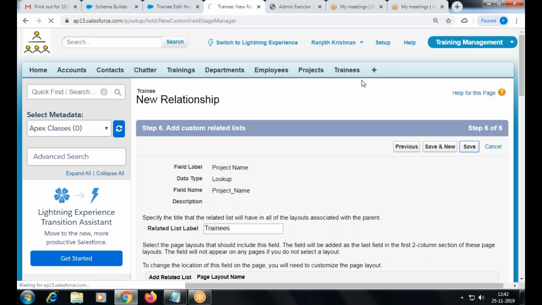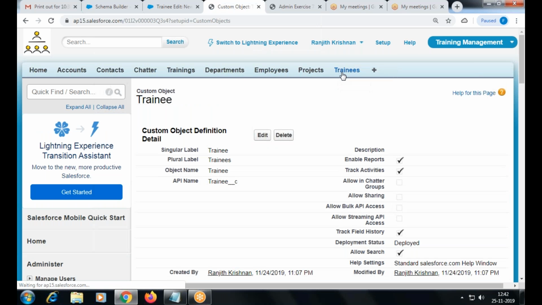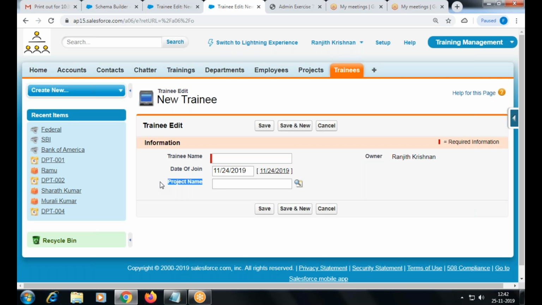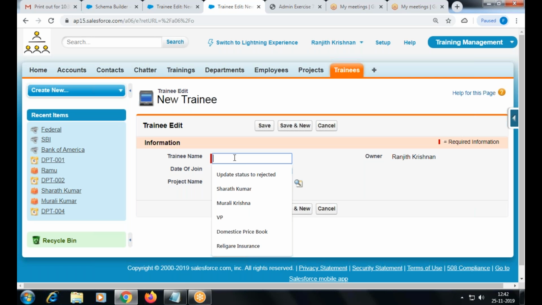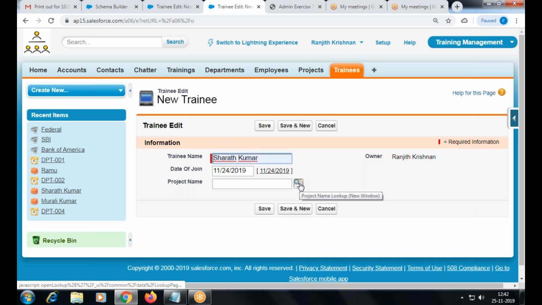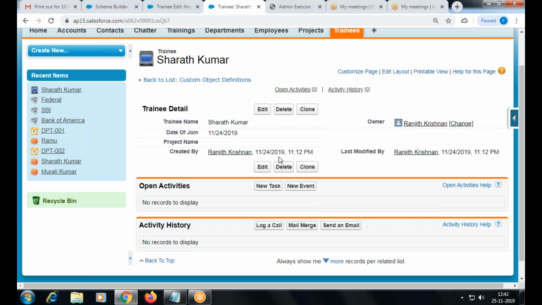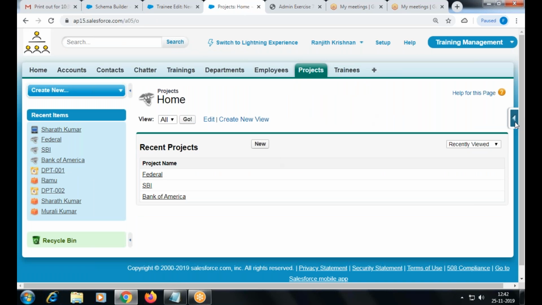Okay, right. Saved it. So now we are going to check. It's an optional field. So whether I need to assign a trainee to a project, you can decide, or else I save this. We will follow this. Okay. What about roll-up summary? I am in the parent.